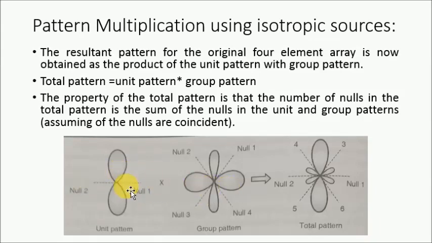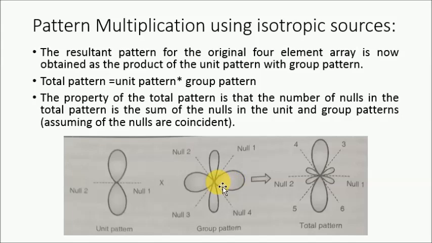You first calculate the number of nulls. So here we have 1 and 2 nulls. Here we have the 4 nulls. So the total becomes 6 nulls. So first draw the 3 lines, 1, 2, 3. So this indicates the 6 nulls. Now this is going to multiply, so we have the maximum in this direction. This is going to multiply, so we will have the maximum in this direction. Now what are the remaining cases? In between the dotted lines, draw the side loops, because these are not going to multiply.